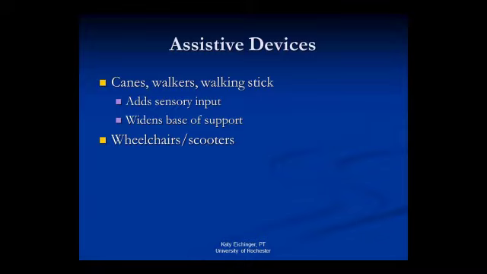Using lights. Again, using lights allows you to use your visual sense a lot better. So putting night lights in or using flashlights when you go out to the car at night really can help enhance the visual system's contribution to balance. Grab bars and handrails: again, you're looking at increasing the sensory input from the hands. So specifically, having grab bars in the bathtub and handrails on stairs are really important.